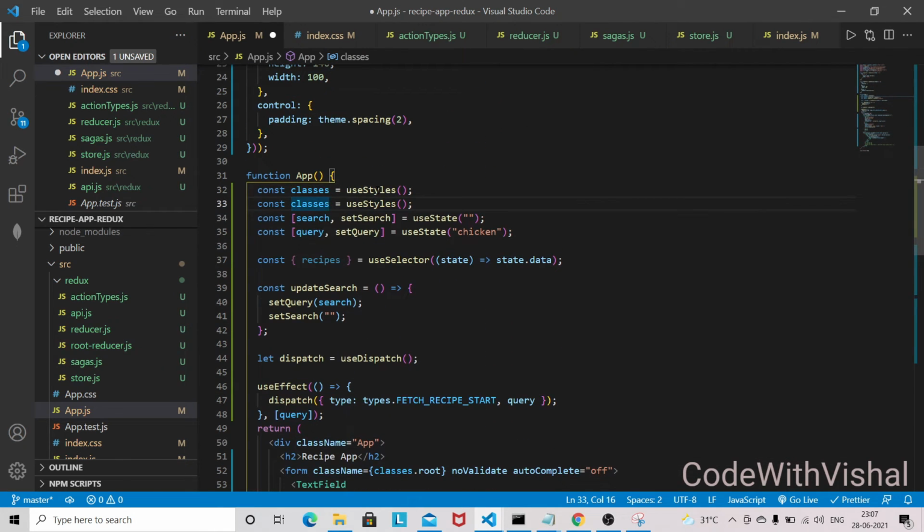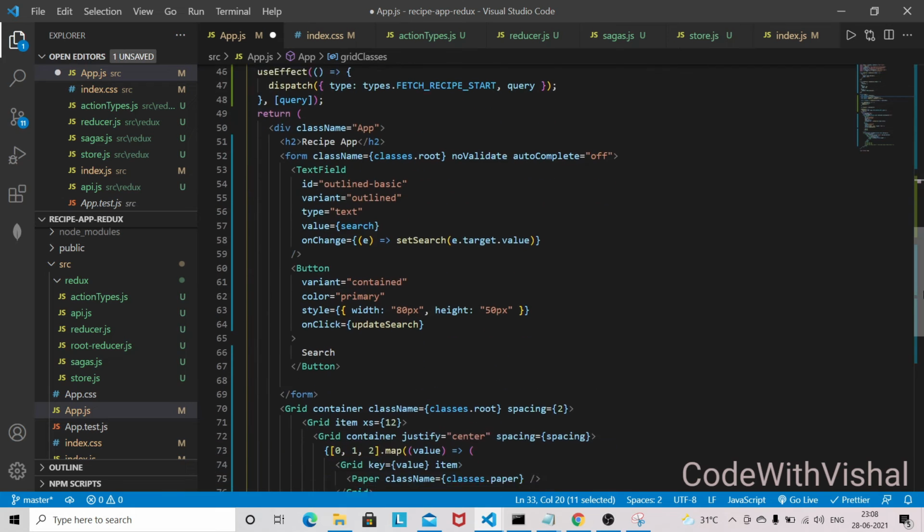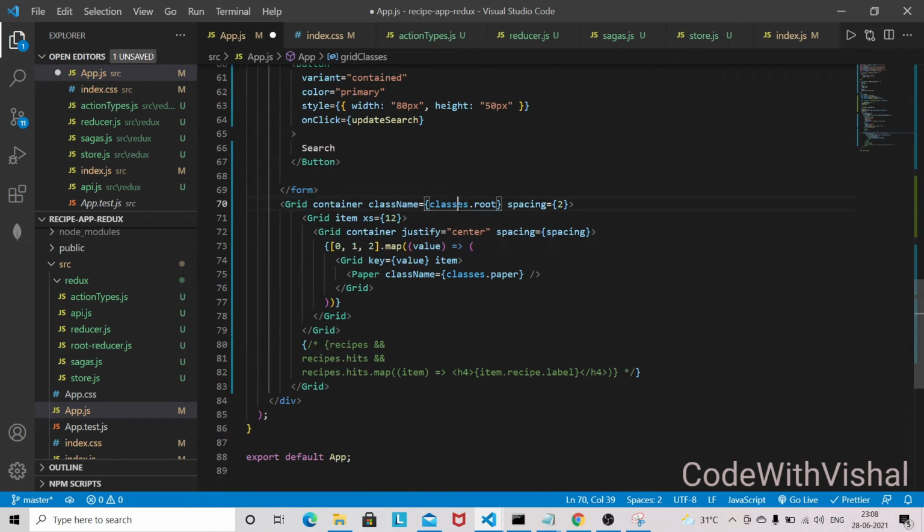So the class name will be like grid classes, and we are going to use grid classes only here, and we don't need the paper here, and here we need this recipe.